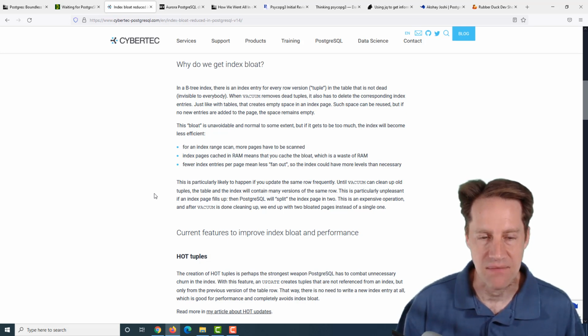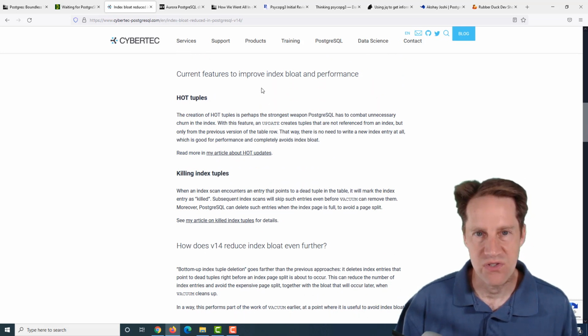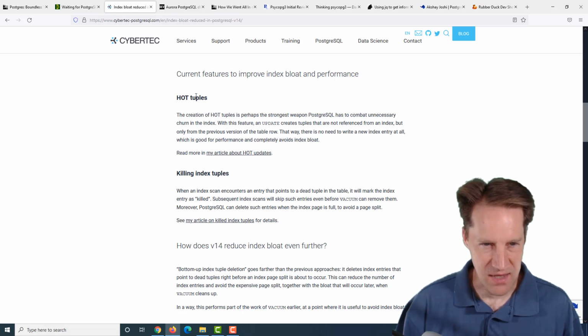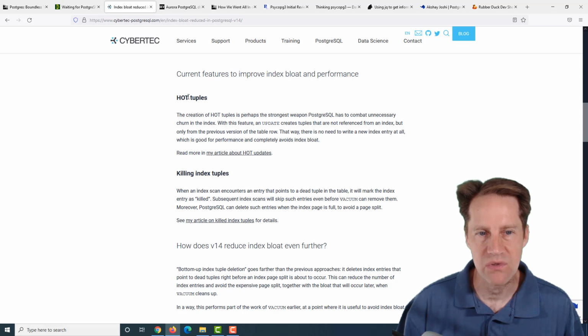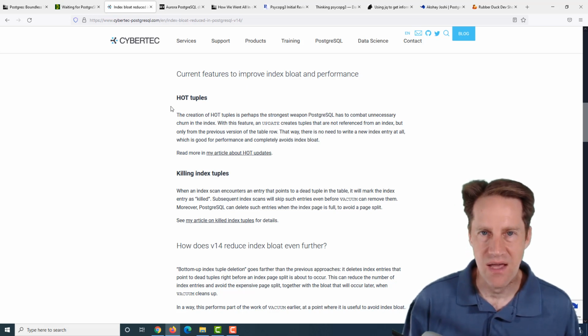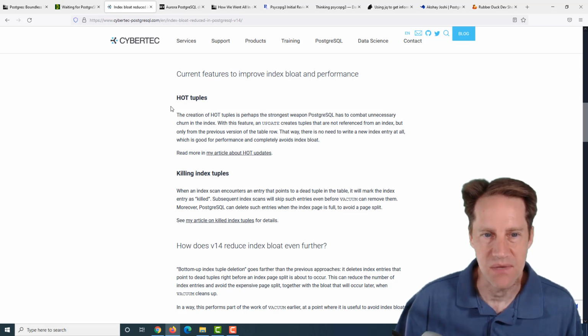due to that happening. Now, he mentions that there are some features that Postgres already has that handle some of this. So the first feature is hot updates. He mentions hot tuples, but I think he means hot updates because hot means heap-only tuple updates. So basically, if you're going to be updating data that does not impact an index, you can basically just update the tuple and not have to impact those indexes. So the indexes don't need to be altered.